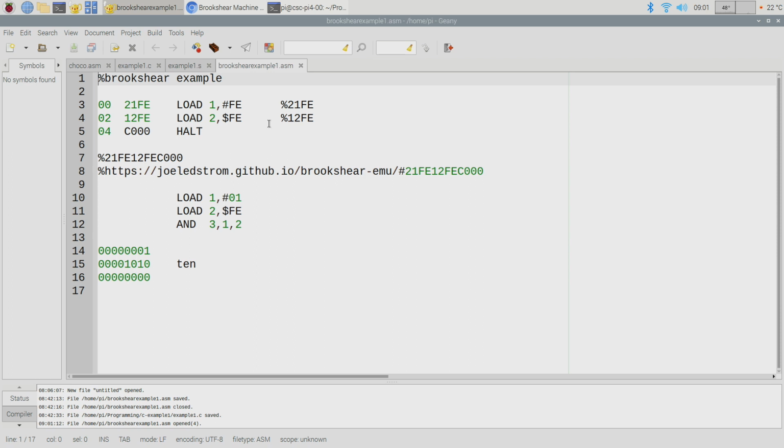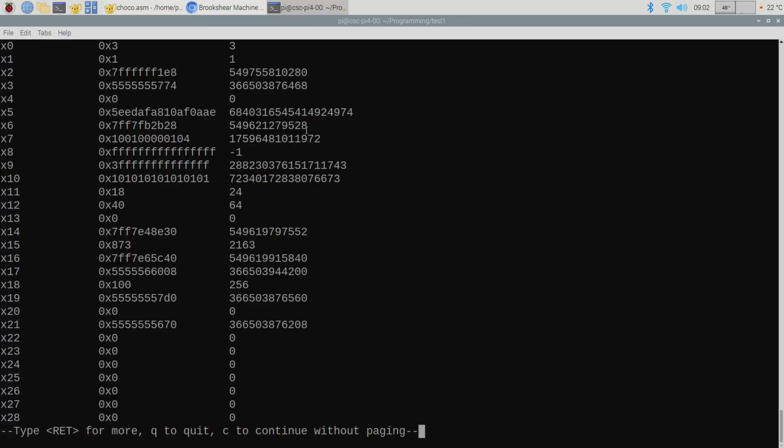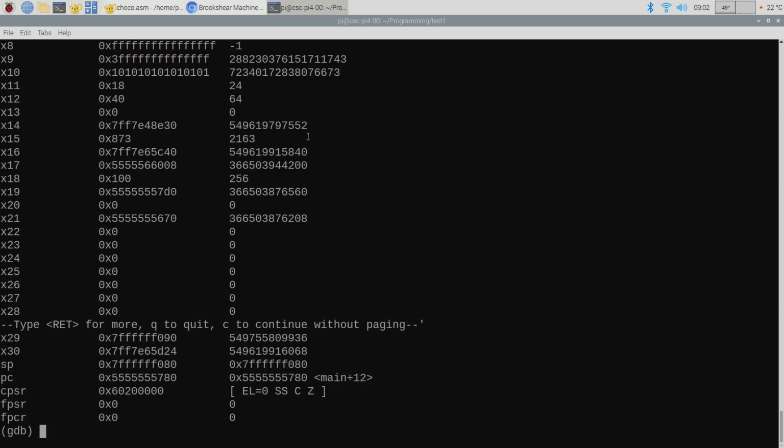Okay, how can I produce this type thing for an ARM assembly file? So how could I take, for example, this assembly file that I wrote and spit out something that looks like that example that I had a minute ago? Okay, doing so is called generating a listing file. Okay, and here's how you do that.